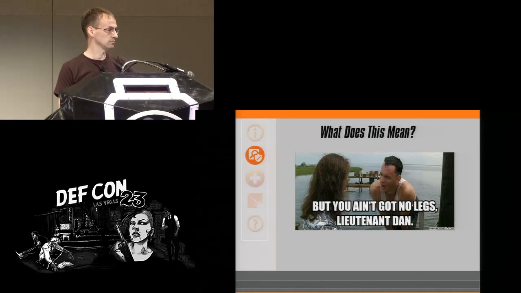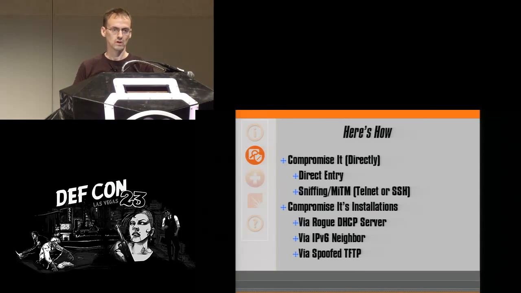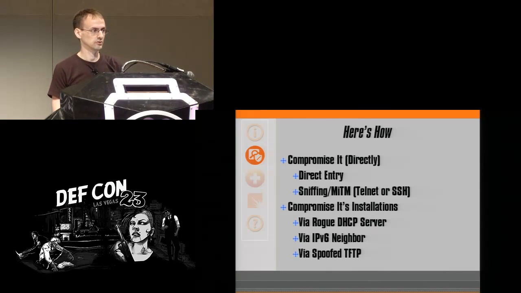What does this mean, of course, with all these weaknesses? There's lots of opportunities to blow ONIE up. It is not very well protected. So you can blow it up. And the first thought, of course, is compromise it directly. With a root password that starts out blank and is likely to remain stale, you could, of course, log in, right? We could sniff the traffic or perform man-in-the-middle, modify traffic flows through Telnet, or easily crack SSH, but